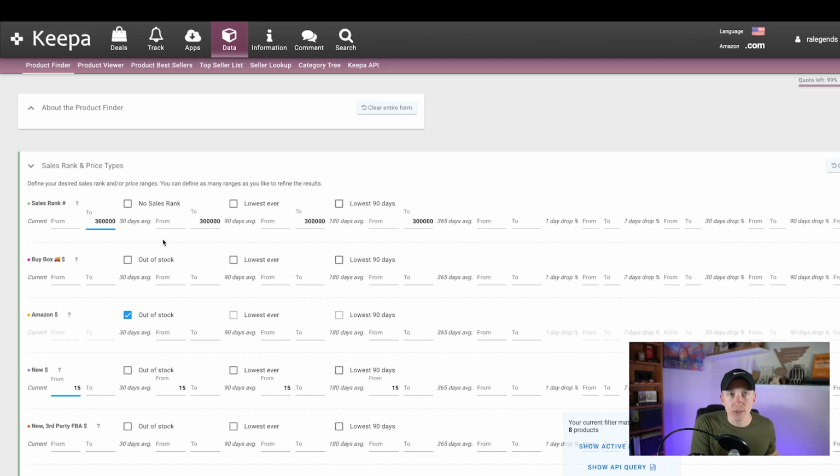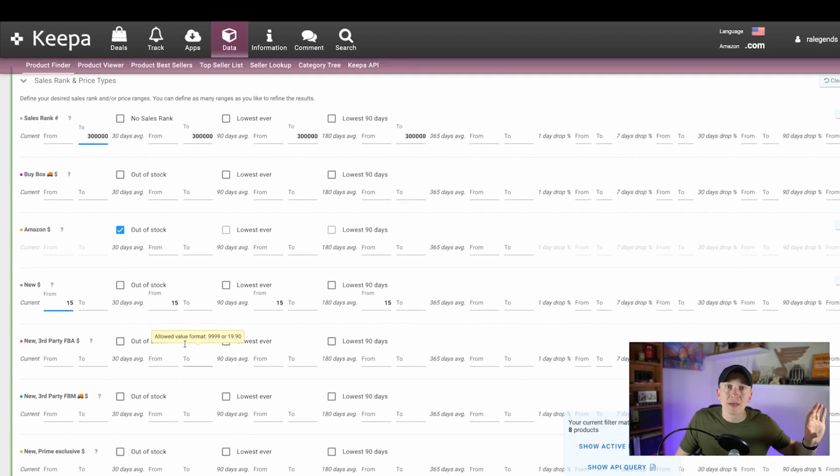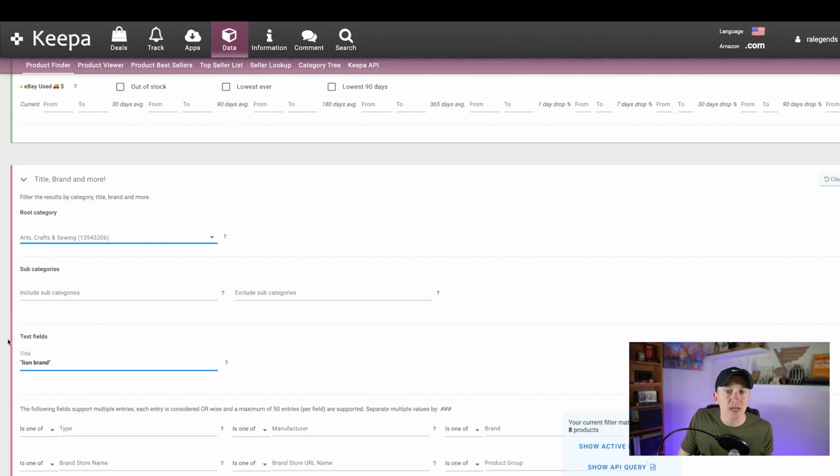If you are on Walmart.com, Target.com, any store at all, and you're looking at brands, I recommend actually coming to this website, going to the Keepa Data Product Finder, and find the brands that you know you have access to, and just input some basic data that you want to see. A certain sales rank. You want to see Amazon out of stock, or do you want to see Amazon in stock? Do you want to see a minimum price point? Do you want to see a certain amount of sellers on the listing, a certain amount of FBA sellers on that listing? And then ultimately come down here and utilize the title field for Lion brand in this case, or